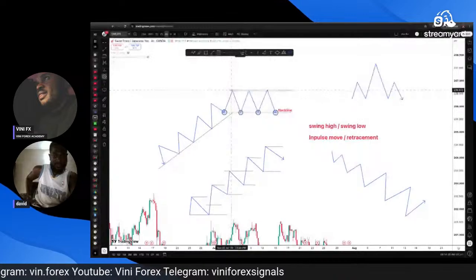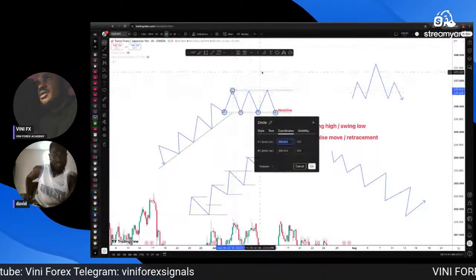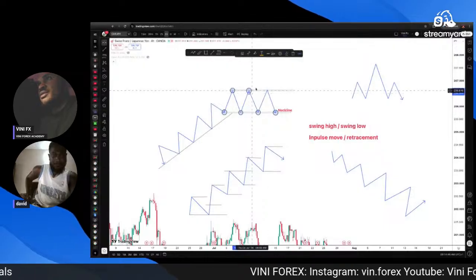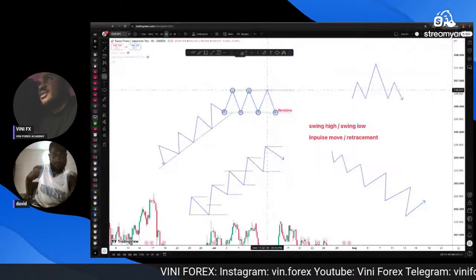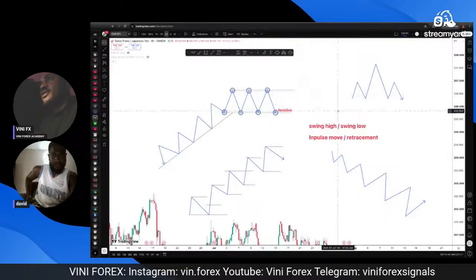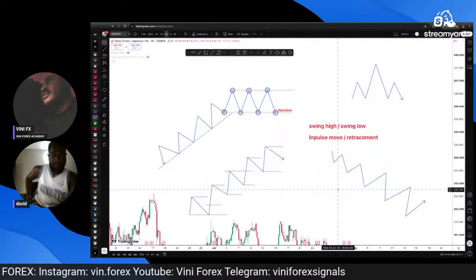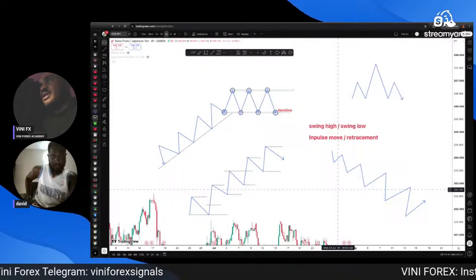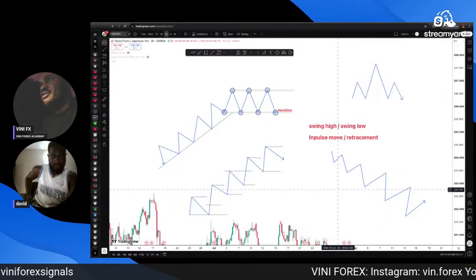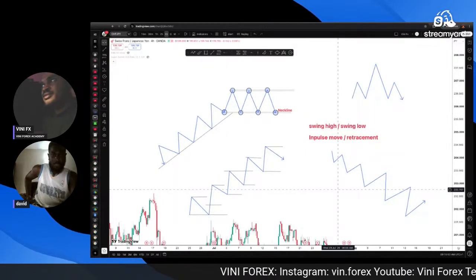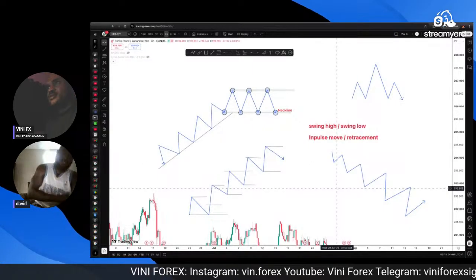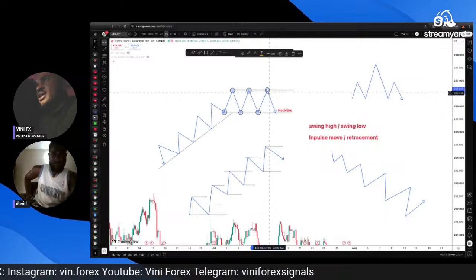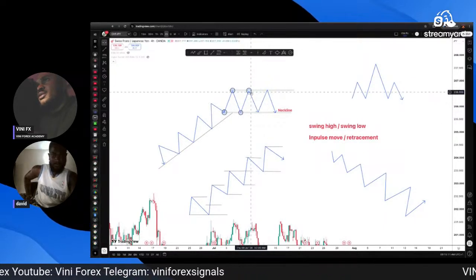Why is the top triple? How many tops do we have? We have 3 tops. And how many necklines or supports do we have? We have 4 necklines, 4 supports. So in this type of market now, what you have to do is